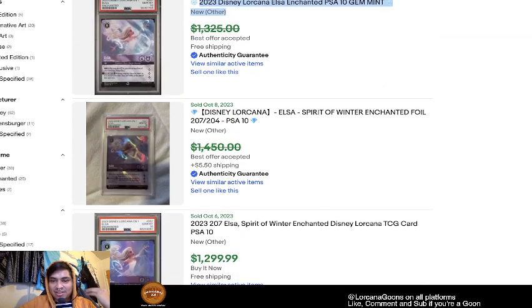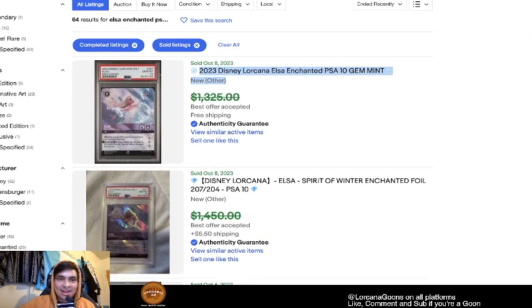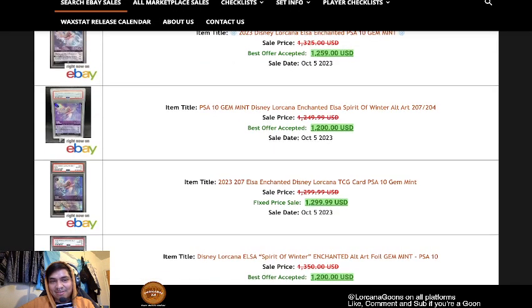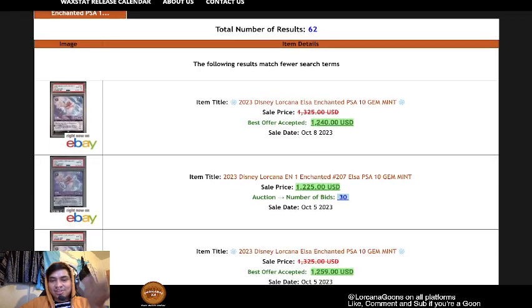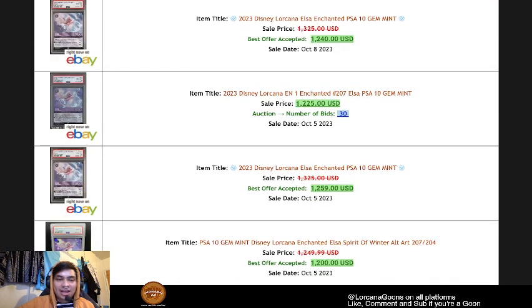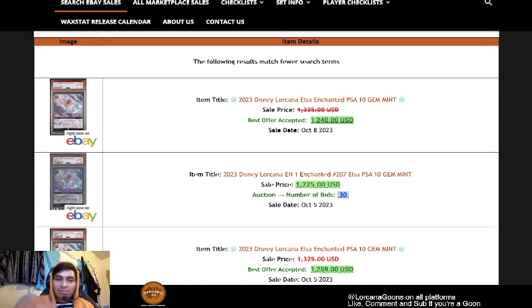Even these with the little slash right here, these are the best offer accepted, and I can go to this website that my brother showed me. Shout out my brother, and you can see the best offers accepted for those two. And as you can see, the most recent best offer accepted was $1,200 basically. And then after that, $1,200. And these both happened October 8th, October 5th. So 1,200 around is what you're probably going to be paying for a PSA 10 Elsa right now, I think,